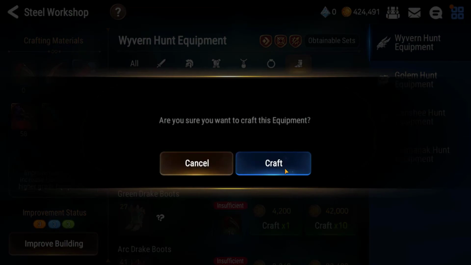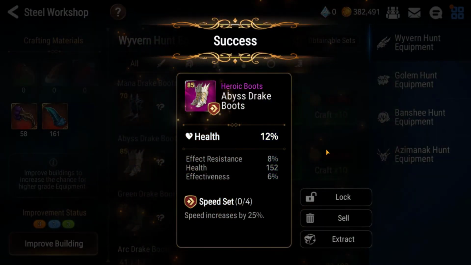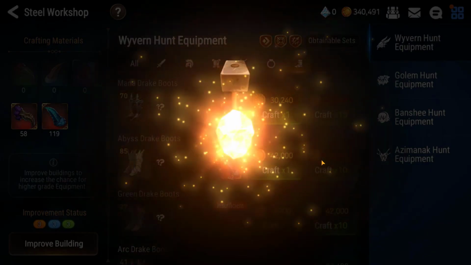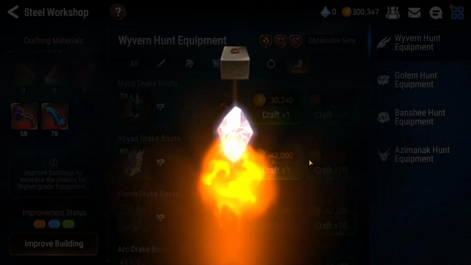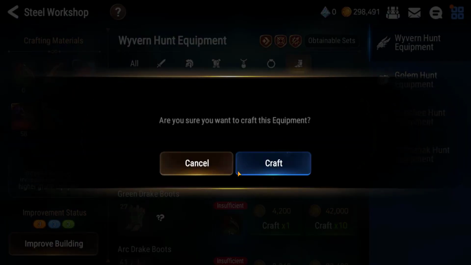Okay, that's red, but everything else about it is complete trash. Health main, F-res, decent, flat health, and effectiveness, so no bueno. That's the defense main. Very difficult to use defense main boots. There are some heroes that can use them, like Fighter Maya, but...